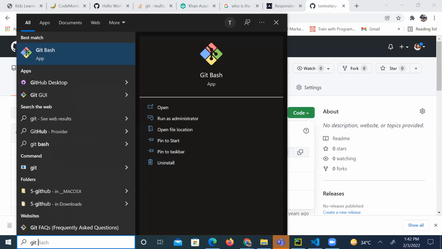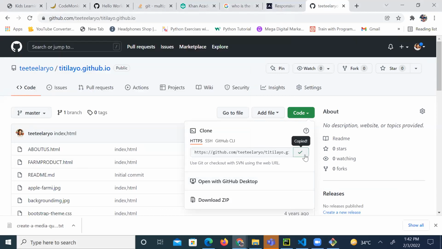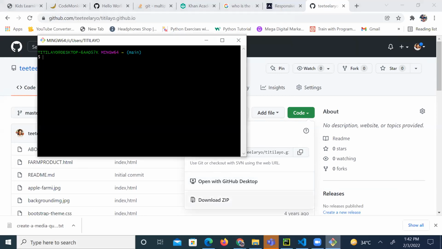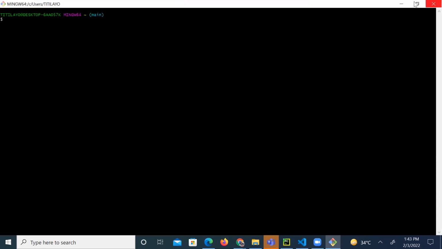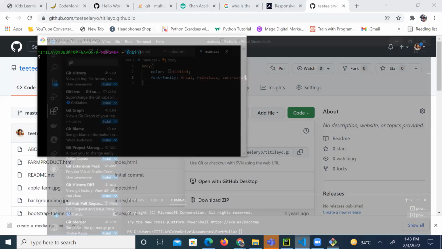Then you have your Git Bash. Or you copy it there, then you go to your Git Bash. For your Git Bash, you would write it out one by one. It will not allow you to copy it the way you would have copied it with your